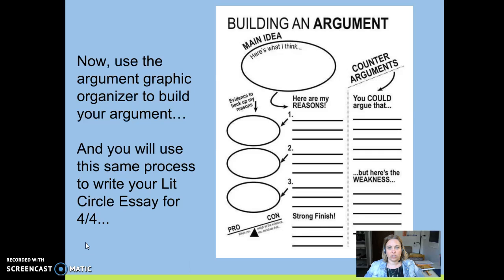Okay, the next thing you're going to do is you can create an organizer. So there are 2 different ways you can do this. This document right here, the Building an Argument Organizer, is linked in Canvas right underneath these videos. So if you'd like to print your own, you can pause here, go print one out, and write right on the sheet. If you'd like to just use your pen and paper you've got, draw a little version of the organizer and just work right on your own piece of paper, that is fine too. So what you're going to do is inside the main idea bubble, you are going to put your position, your argument. Here's what I think: the cafe should bring back the tuna wrap.